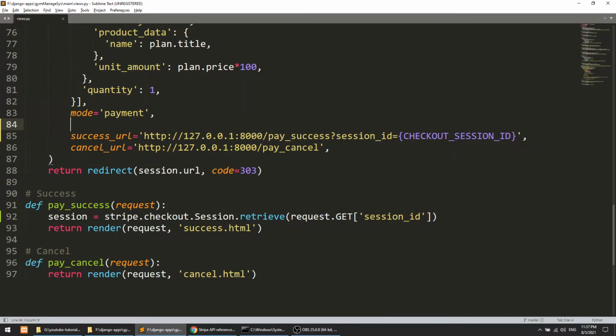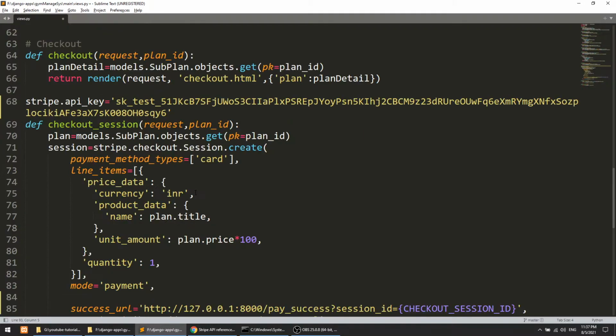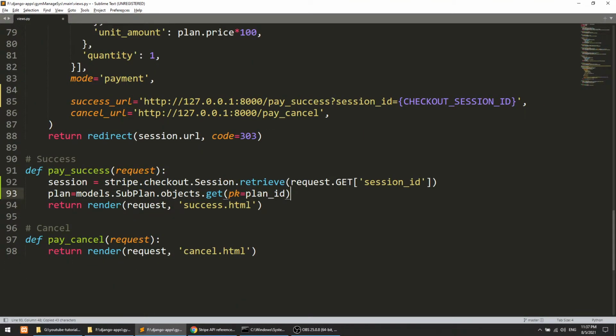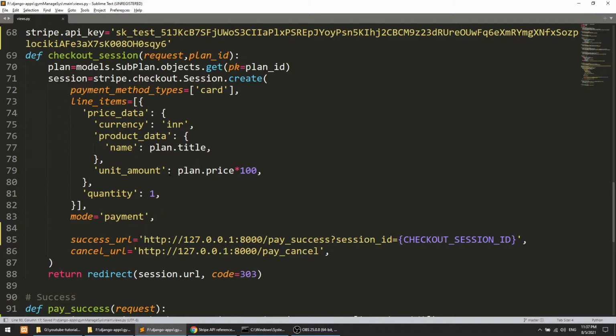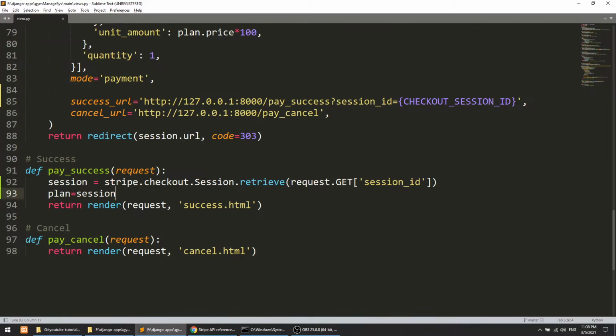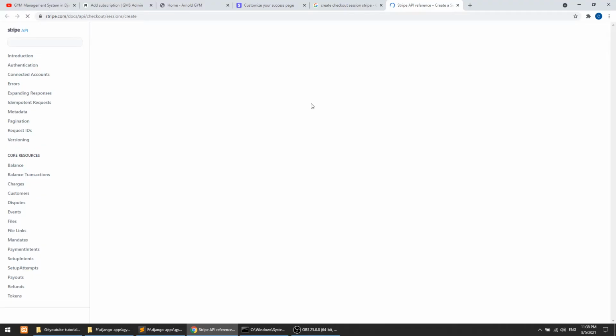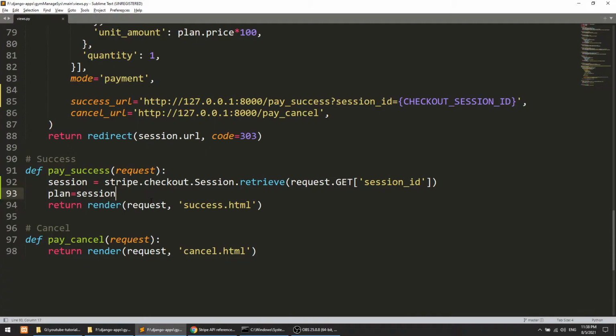So here, while it is loading, I will get the plan detail from the instance. In this session we have the plan ID.